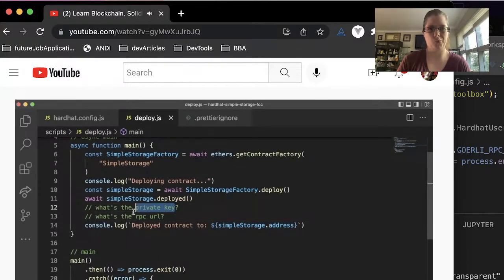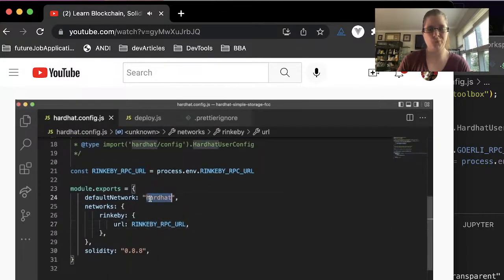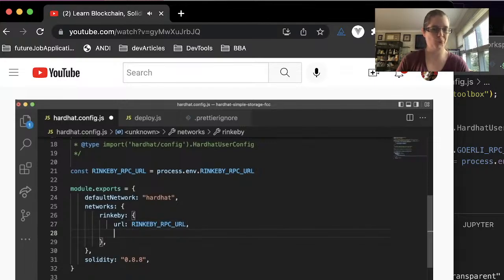Well, we usually need a private key to work with an actual network. Hardhat doesn't automatically give us a private key for Rinkeby because Hardhat can't just give us testnet Ethereum. We need to have an actual account. An actual testnet, Hardhat doesn't control those, so we have to actually give it a real URL and a real private key. So to add private keys, you actually add something called accounts. You add a list of accounts that you want to give to Hardhat. For us, we're only going to add